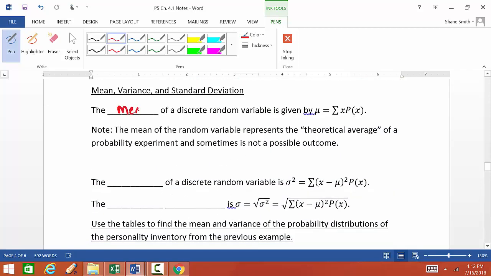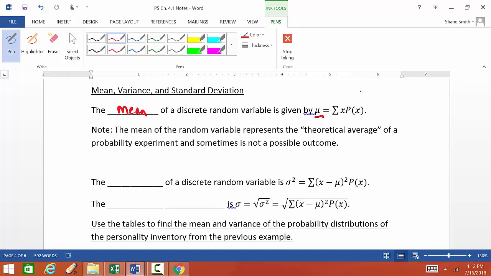So the mean of a probability distribution, specifically of a discrete random variable, is given by mu. We still use mu, and it's the sum of x's times the probability of x's. So we're going to take all the x's and multiply by all the probabilities of x's, and we are going to get a number, and after we add all those together, that's going to be our mean. Also, I note here that the mean represents a theoretical average,